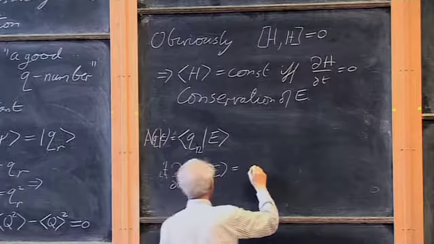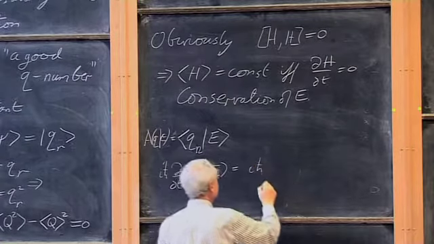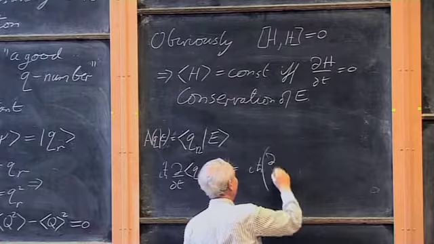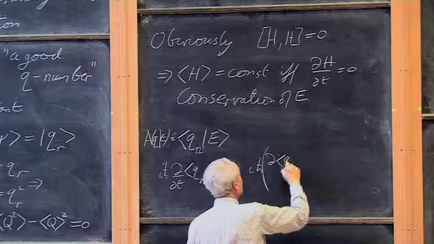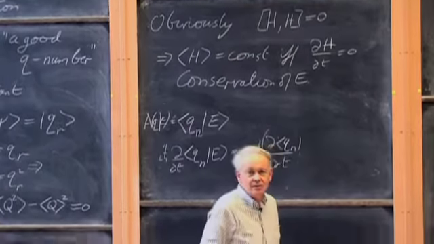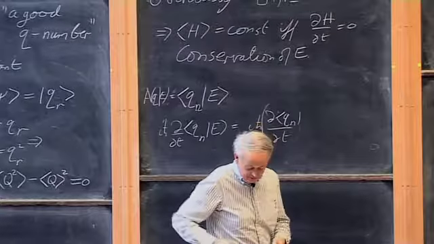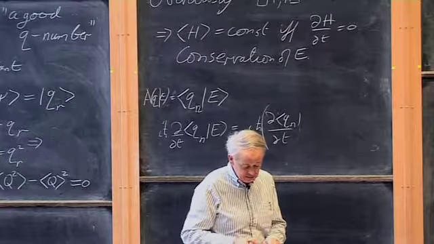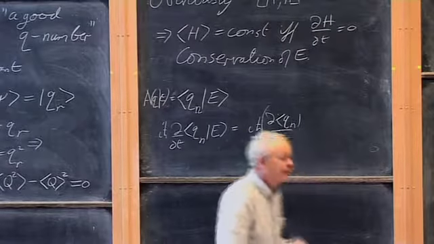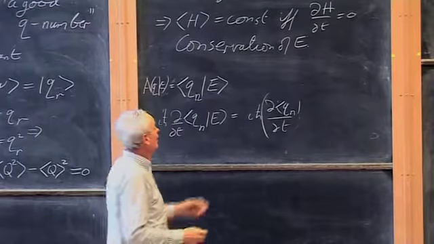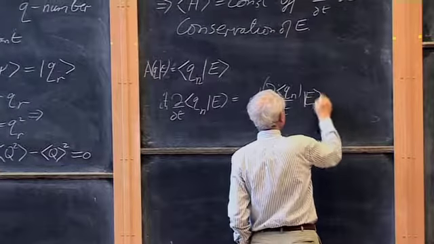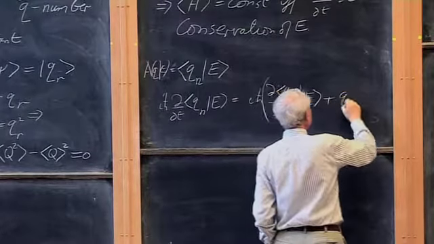is equal to, this is so, it's very specific. dqn by dt. I wonder if we should turn this off. Is there any way we can turn it down? No. Let's try. It's not going to like